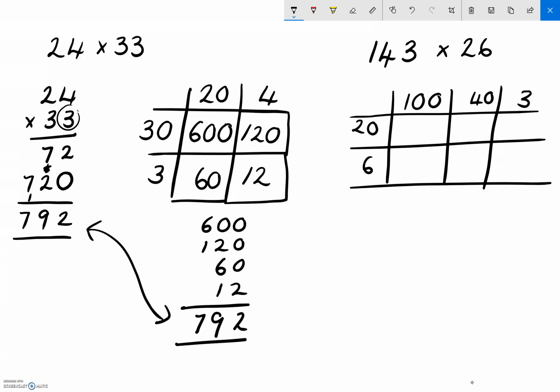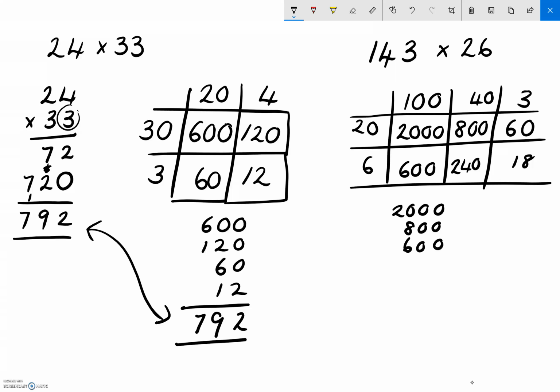So I'm doing 20 times 100 is 2000, 20 multiplied by 40 is 800, 20 multiplied by 3 is 60, 6 multiplied by 100 is 600, 6 40s are 240, and 6 3s are 18. And then again, I just total all those boxes, and it will tell me